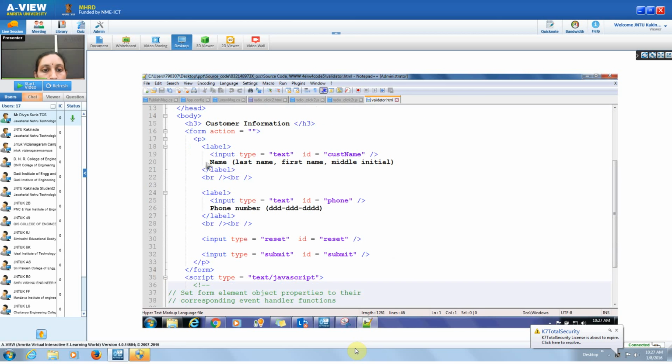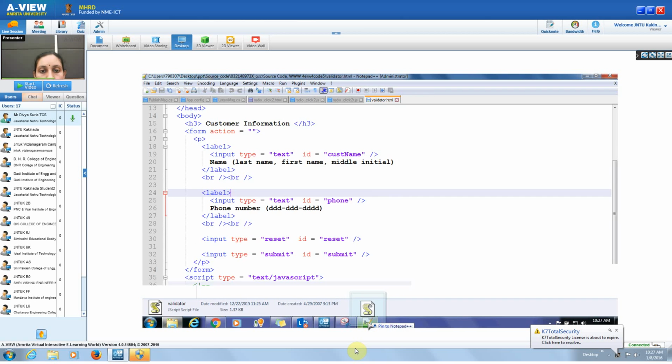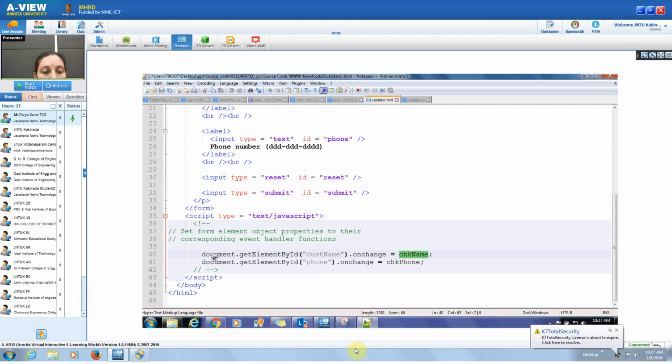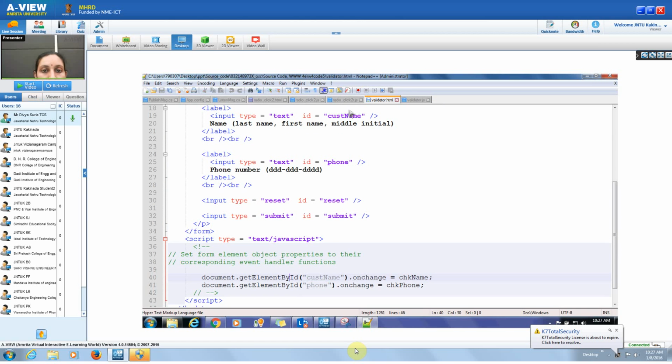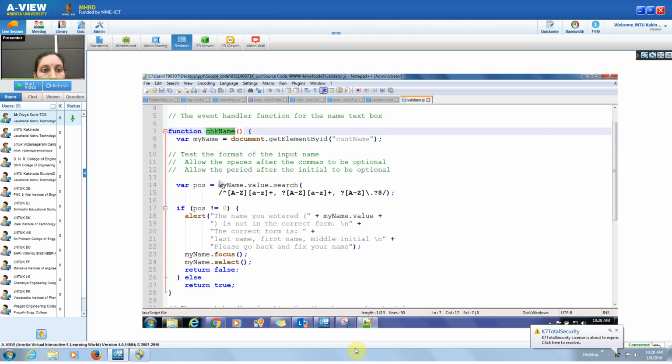Now coming to the validator.html. Here you are trying to validate using a phone number and last name. Let us see how it behaves. This is your check name property, which you can observe here. You have document.getElementById of custom name. This is nothing but your ID. ID means here you can see the name, ID, phone. On change of this particular thing, the check name function should open. On change means whenever you change a particular thing, this particular function should be invoked. Okay. For this